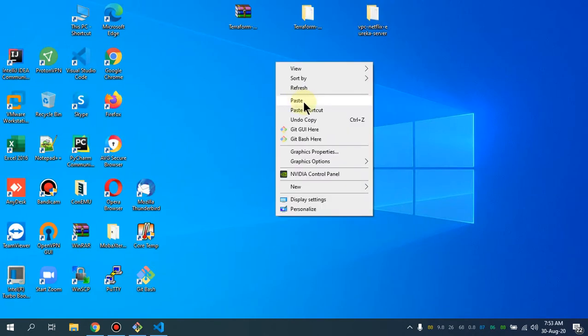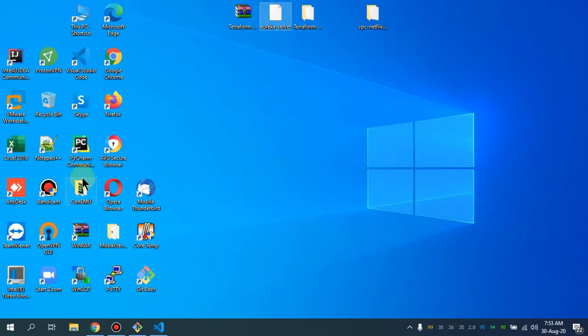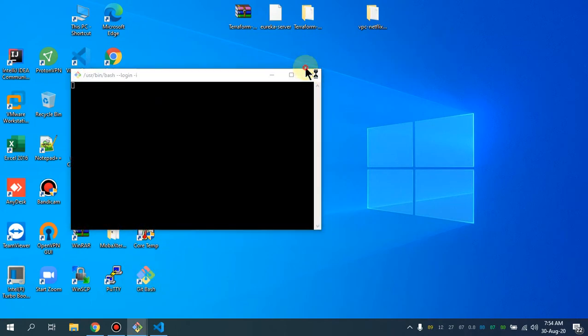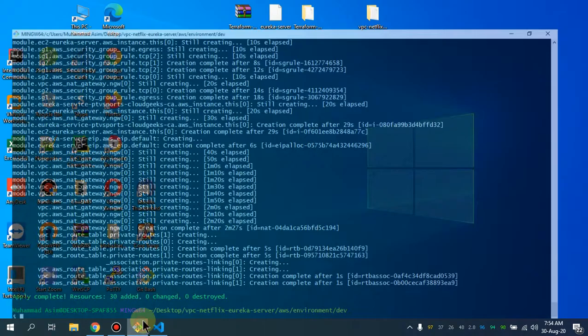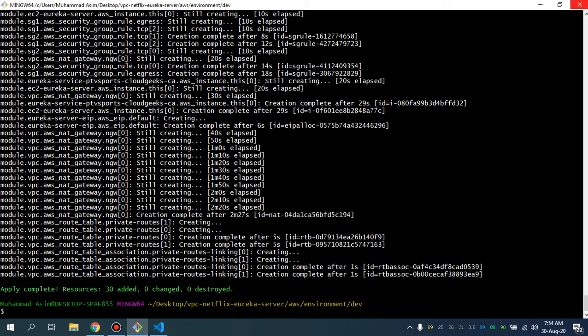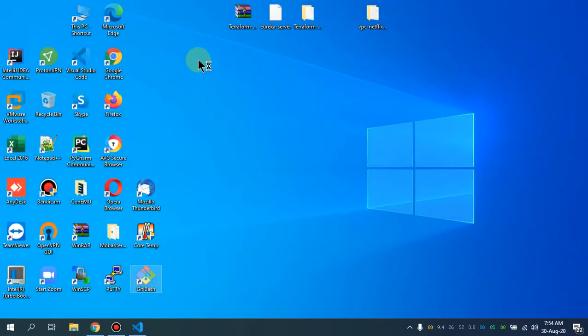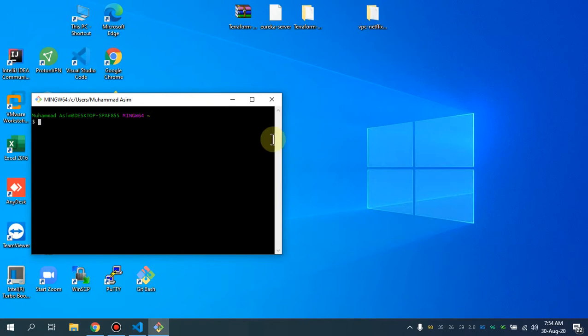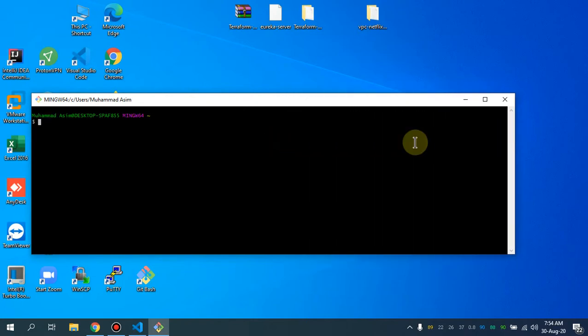So you don't have to worry about creating keys or about the access. Simply use that particular key, which is already set up so that you are able to access the server. So I'm going to SSH into this particular